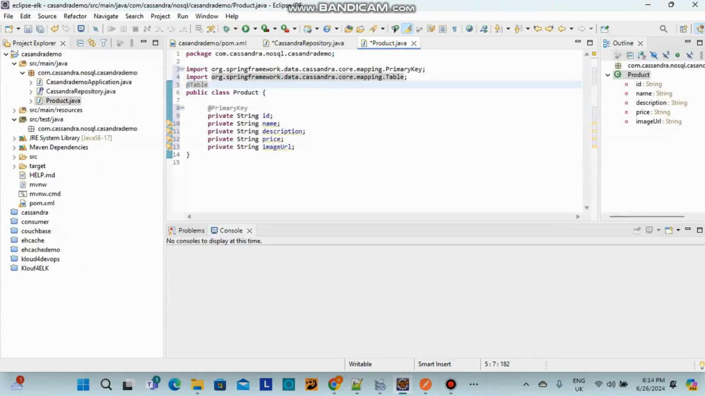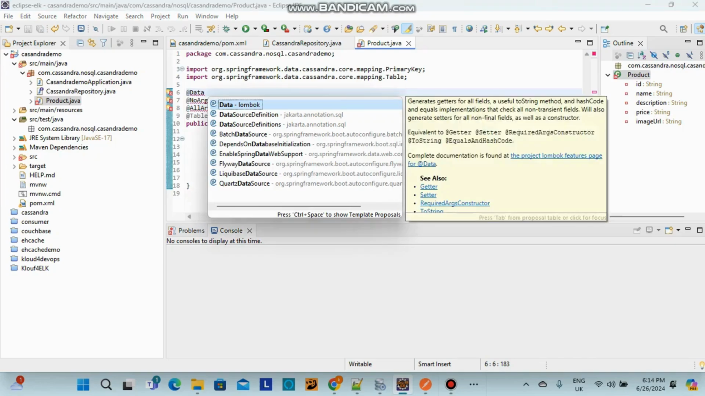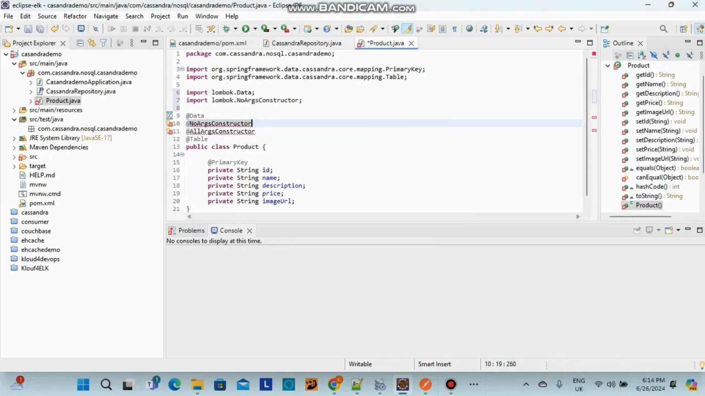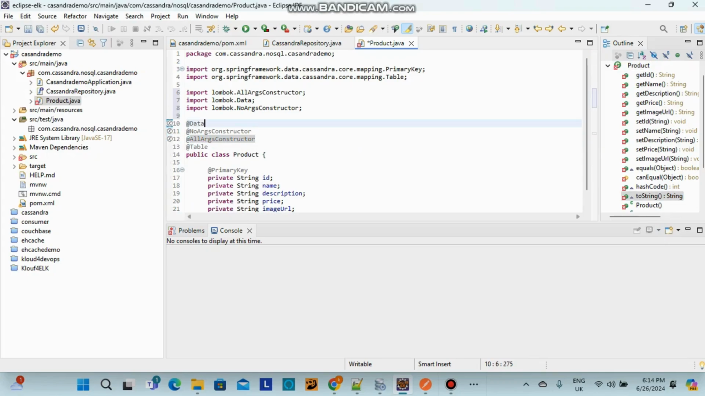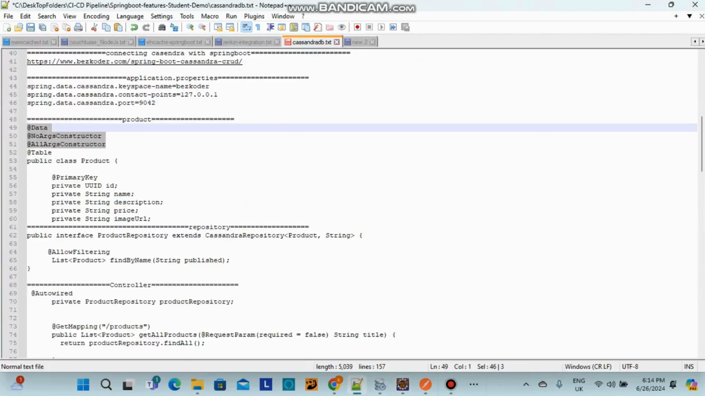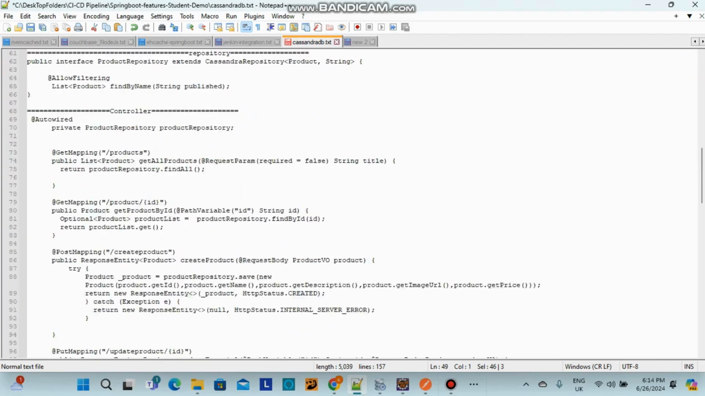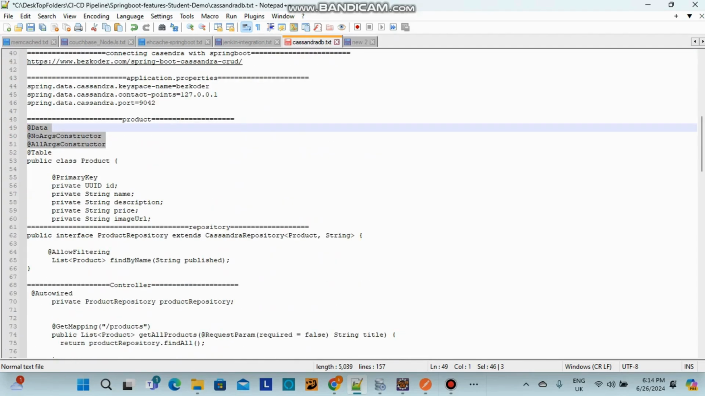So this is a no-argument constructor. This is just for Lombok, which generates the getters and setters automatically. That's the reason we are using Lombok. It's imported, and then we have to create the repository, and finally a manager class, but I'm keeping all the logic inside the